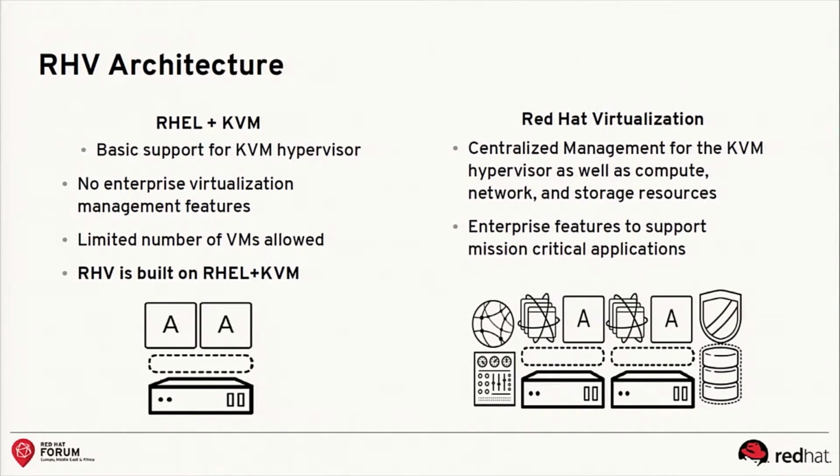So this one is a basic approach. Imagine you have one host. You can put some VMs on it, and you can just manage one host. You can of course have more than one host, but when it comes to scale, it will be tricky to manage the whole environment relying only on one host, then the other. So this is where Red Hat Virtualization comes in, with a centralized management console, with enterprise-ready features,